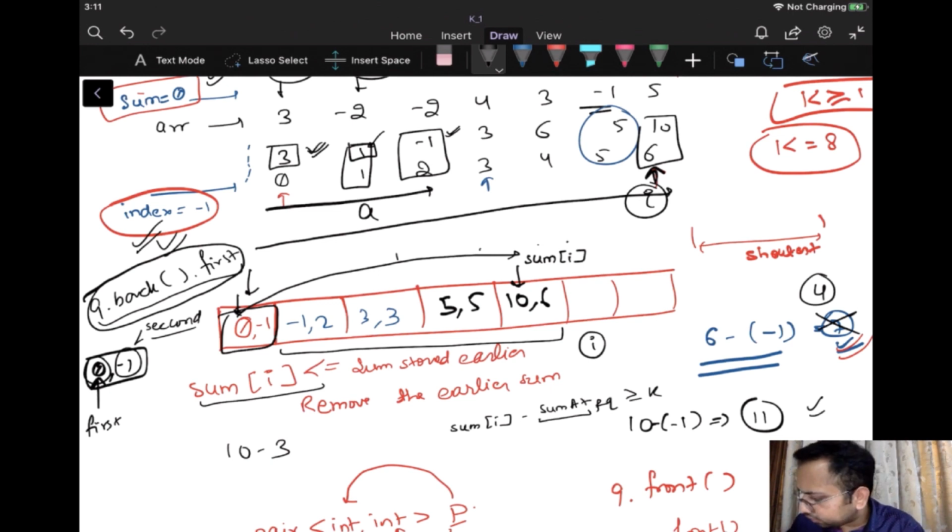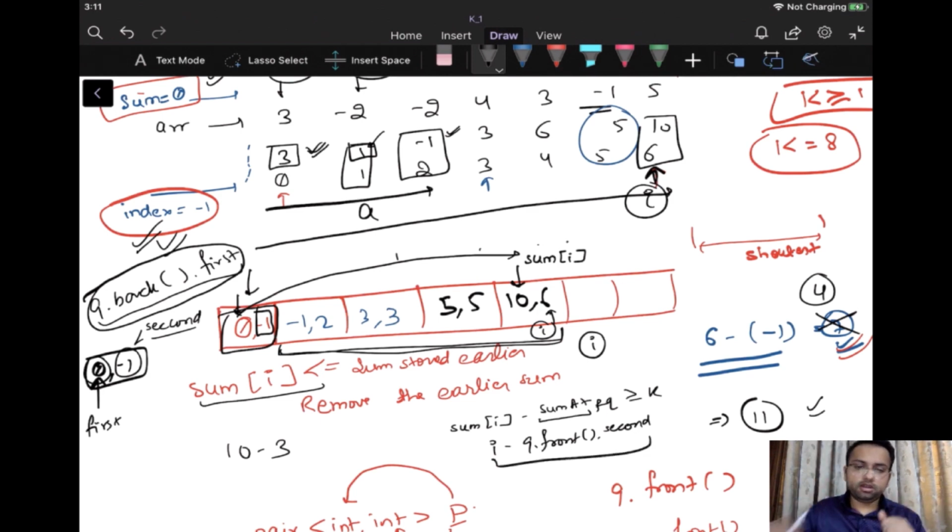How can I get that length? So I can say that this index is nothing but I. What is the length of this particular range? I can get the index of the starting point from q dot front minus, if I'll do q dot front dot second, right? So this will give me the range if I'll write q dot front dot second. So this will give me the range of this particular subarray.